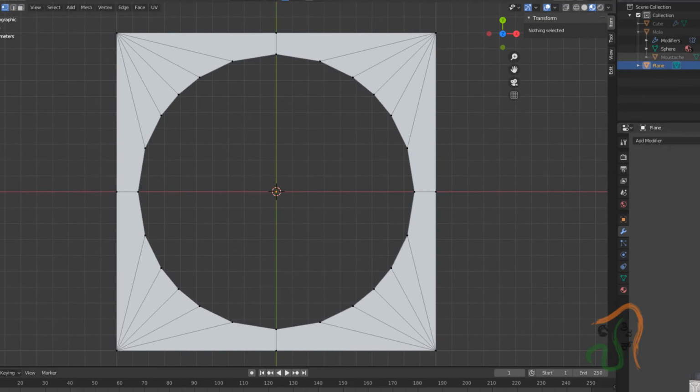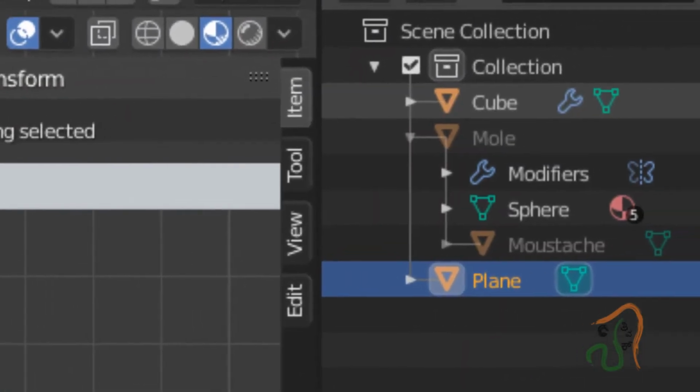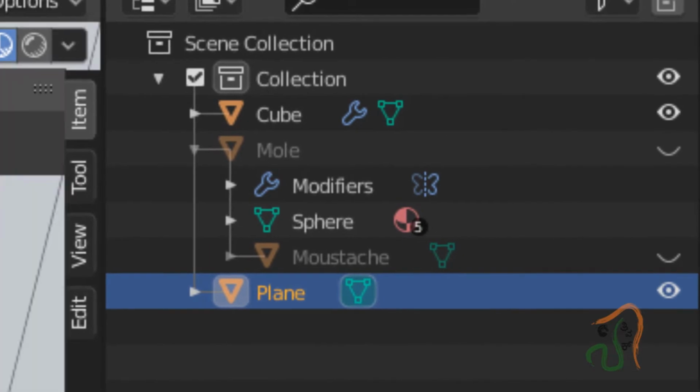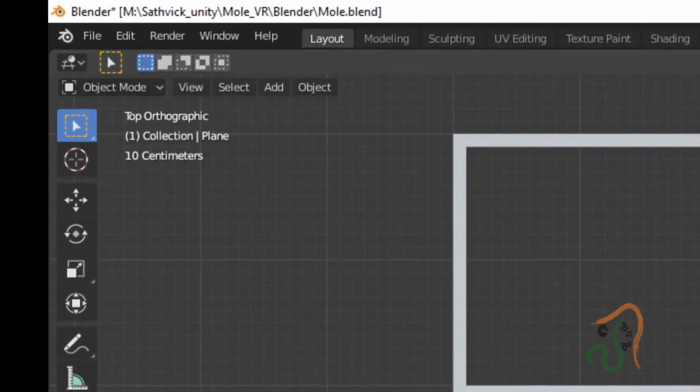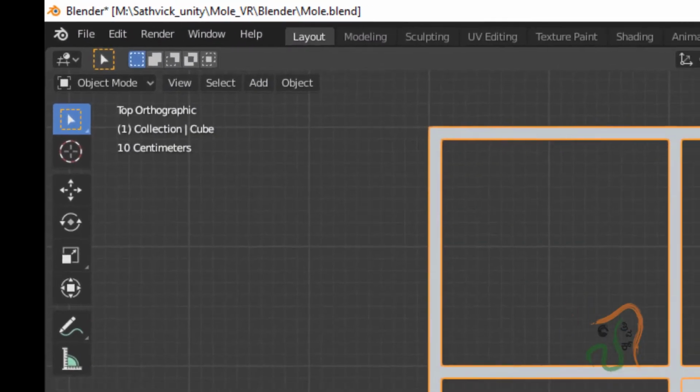Now next here, let us switch on our cube, that is the surface that we had created, and now with this plane selected, we want this to fill everywhere. So select this plane, press tab and come to object mode. Select this plane here.